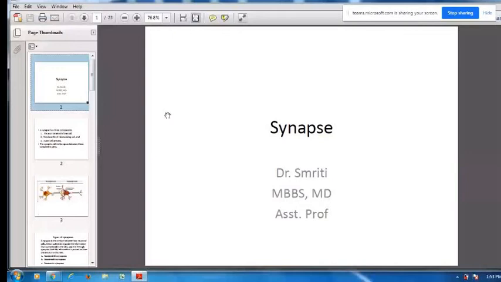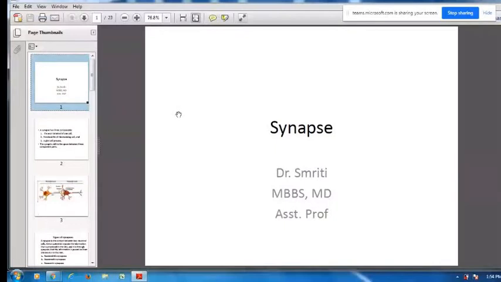A neuron and a muscle. If a synapse is a connection between two neurons, it is known as a neuronal synapse. If it is a junction between a neuron and a gland, it is known as a neuroglandular synapse. And if it is a connection between a neuron and a muscle, it is called a neuromuscular synapse.